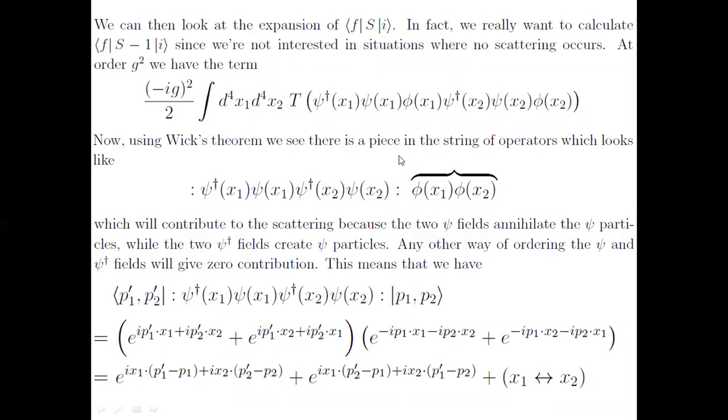This is nothing but the Feynman propagator. What we learned there, this is nothing but the Feynman propagator. This simply propagates the field phi from x2 to x1, right? So this Feynman propagator will simply give an integral over that kernel that we calculated, 1 by p squared minus m squared plus i epsilon. The other terms we have to calculate using their expansions and the initial and final states.